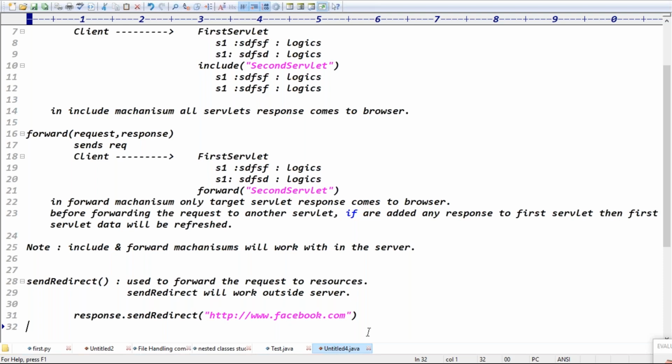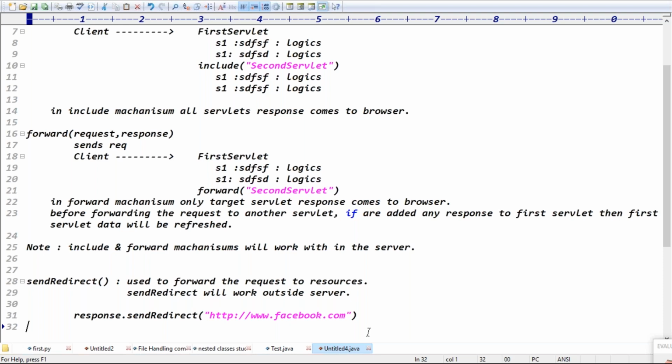Fine, I'll repeat the include and forward mechanism. See, it happens at the server side. How is it server side? Rani is sending the request to the first servlet, and the first servlet forwards the request to the second servlet. The first, second, and third servlets are all present in the same server, right? Everything is working at the same server.